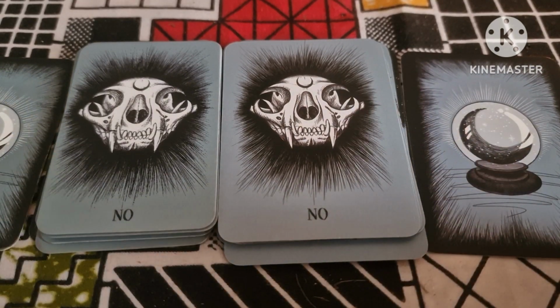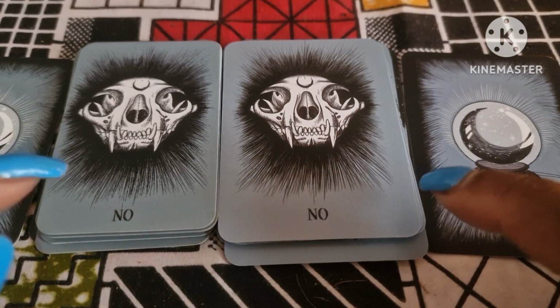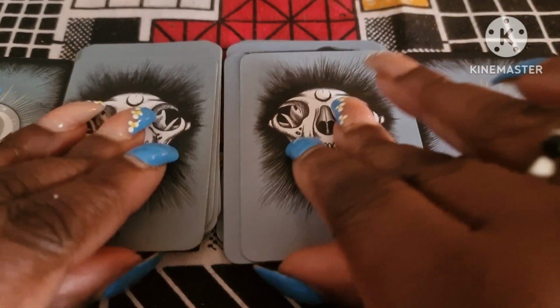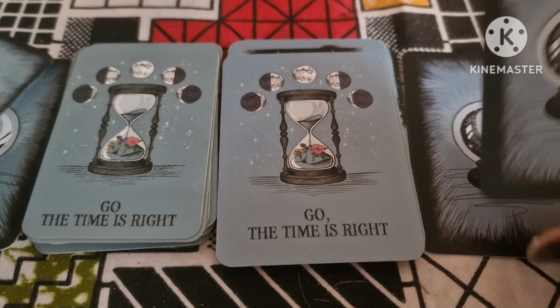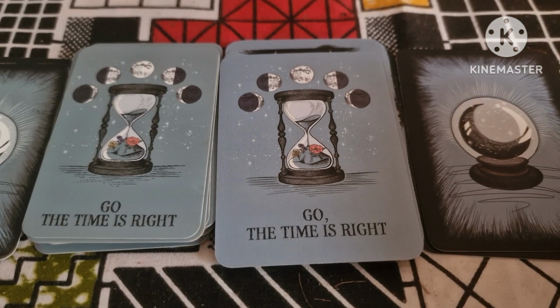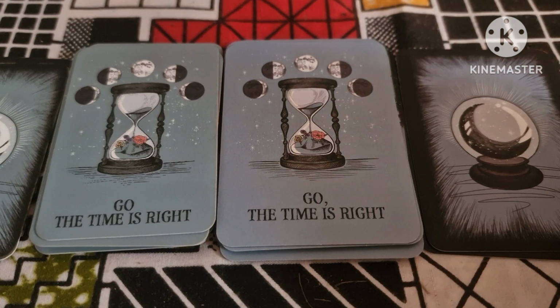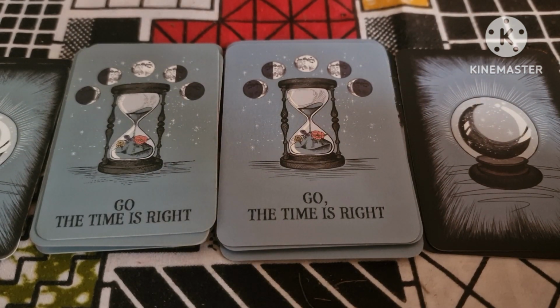And then the no card is obviously for no. And again, this card seems to be a bit brighter than this card, but the actual pictures are the same. It's just the color palette. Go, the time is right. So this kind of answer, you know,